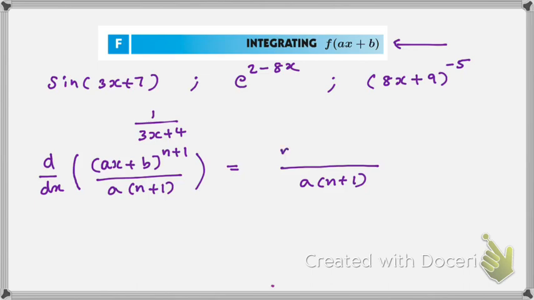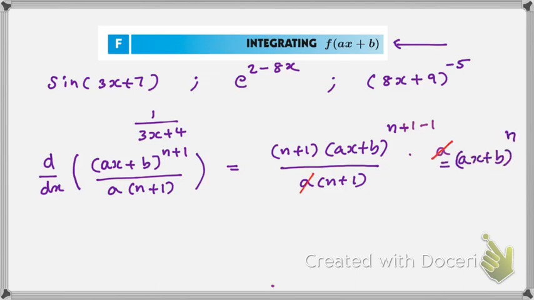So that's going to be n plus 1 times ax plus b the whole raised to n plus 1 minus 1, and then multiply by the inner derivative a. So what happens is a and a cancels, n plus 1 and n plus 1 cancels, so I have ax plus b the whole raised to n. So if I know that the derivative of this big expression given to me is ax plus b the whole raised to n,